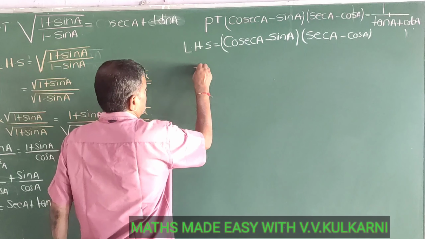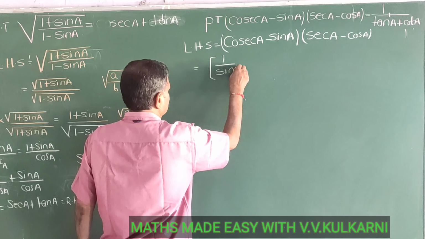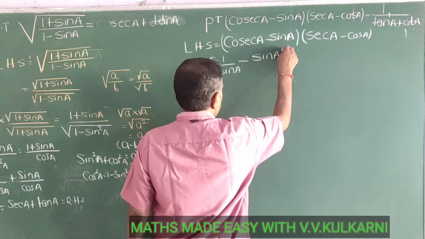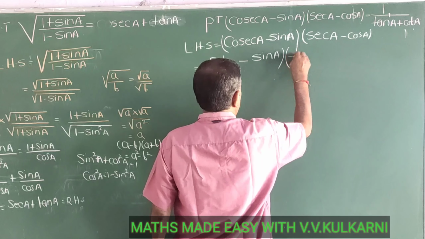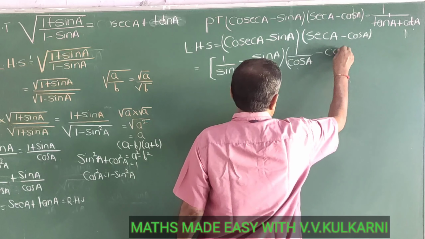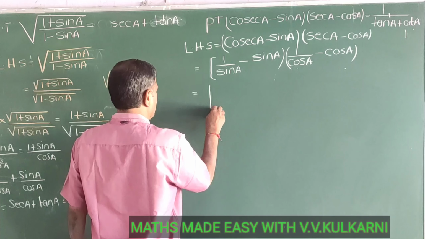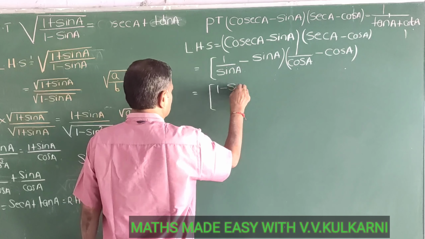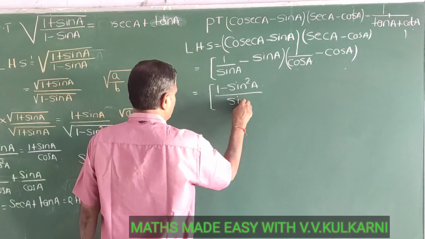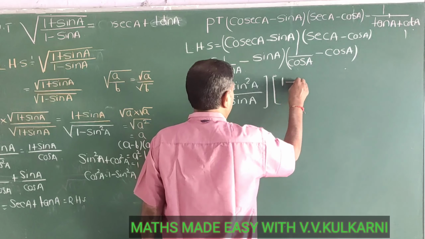Cosec a means 1 by sin a minus sin a. Here sec means reciprocal of cos, so 1 by cos a minus cos a. So again if I take the LCM here, what am I going to get? 1 minus sin squared a by sin a, and this is 1 minus cos square a